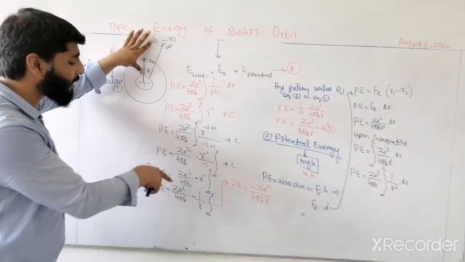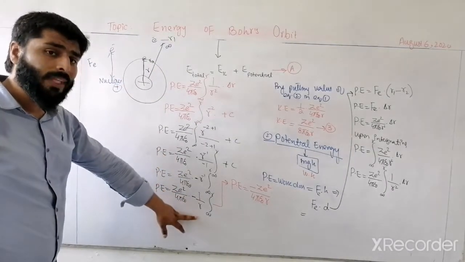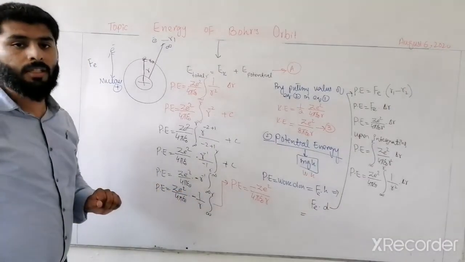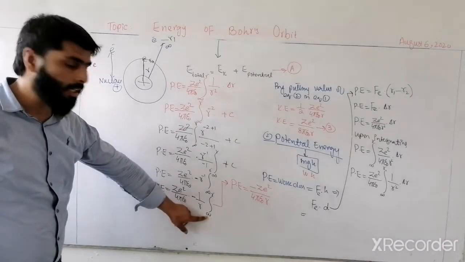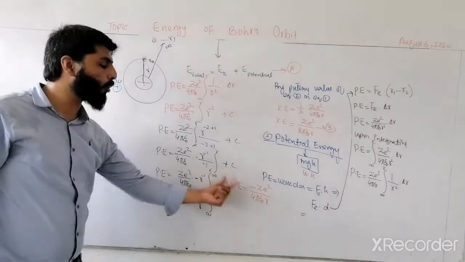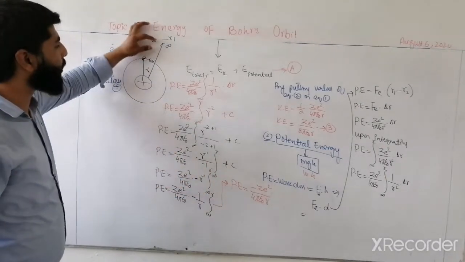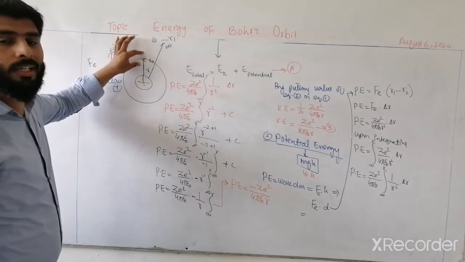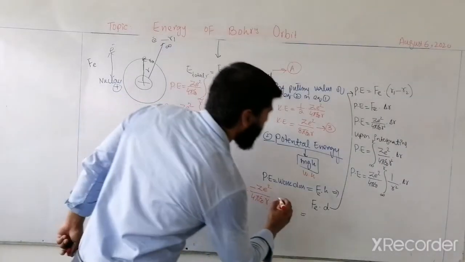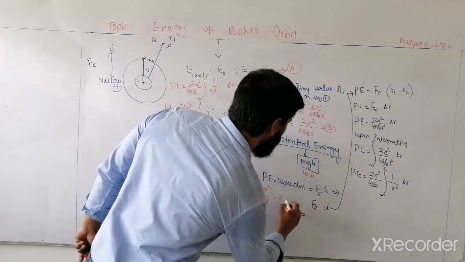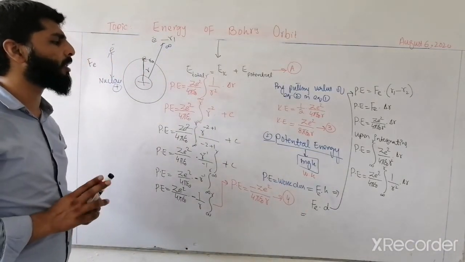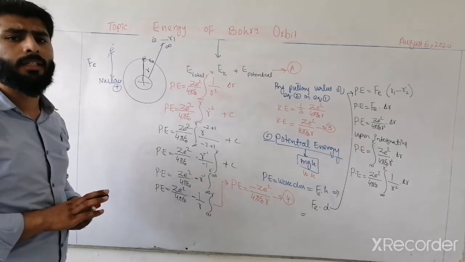You can simply say that we are interested in finding the total work done between these two points in bringing the unit charge from infinite distance to r. So this is the total potential energy, or the total work done in bringing a unit negative charge from infinite distance to the focus r, or radius r, of the orbit. Now this is equation number 4. Equation number 4 is potential energy and equation number 3 contains kinetic energy.